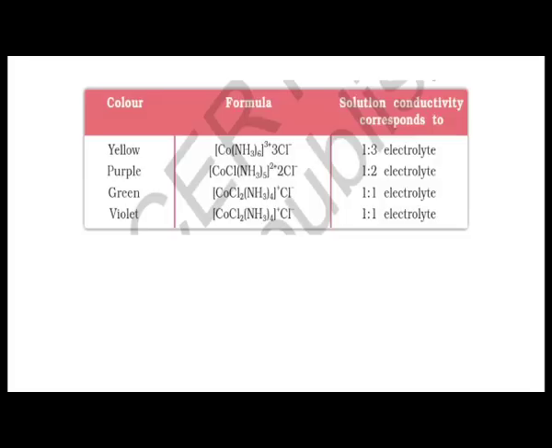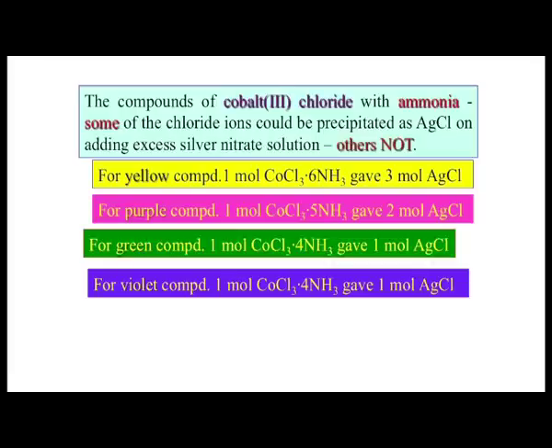So, this is again a good thing, which is the table taken from your NCERT textbook, which will again explain why we are getting the yellow compound, why we are getting the purple compound, why we are getting the green compound and the violet compound. So, the formulas we have just seen were the molecular formulas. If we think of the corresponding molecular formula as 6NH3, 5NH3, 4NH3 in 2 different cases,